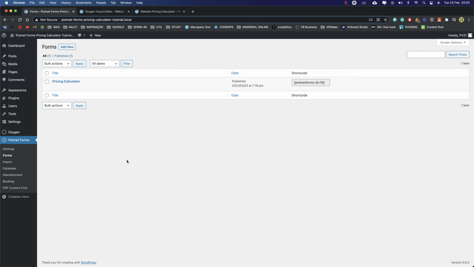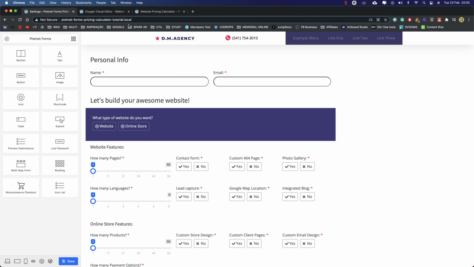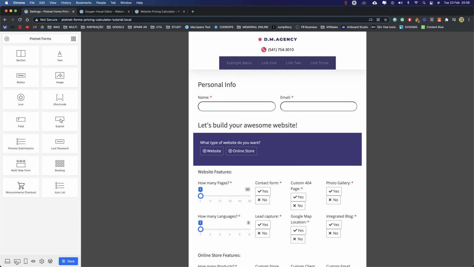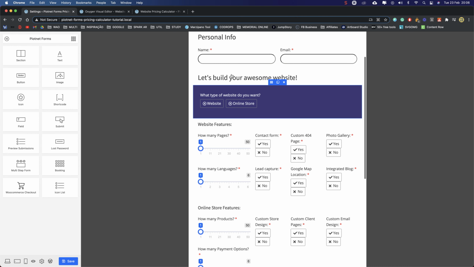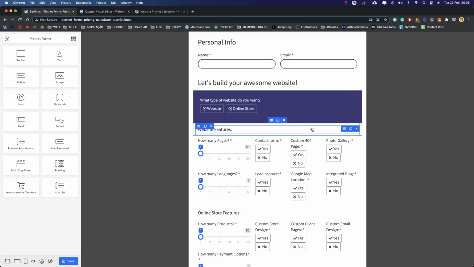We go back to Pioneer Forms. Let's edit with Pioneer. And Pioneer is so awesome that it helps you to be responsive. So let's see what we can do here.